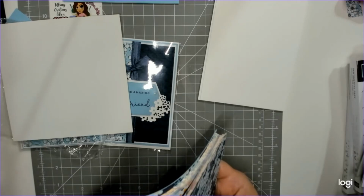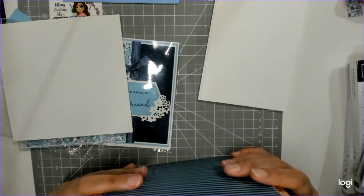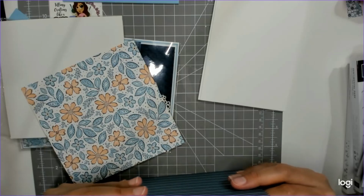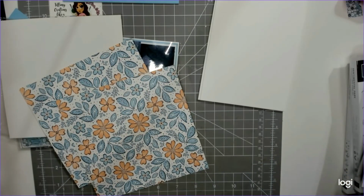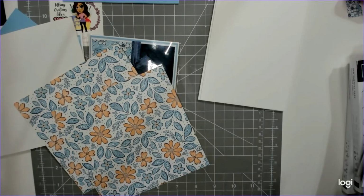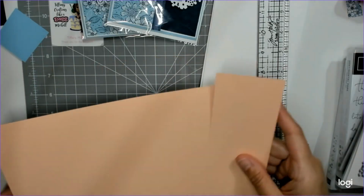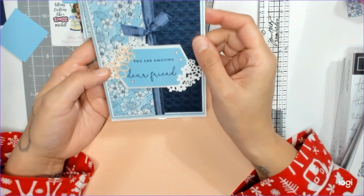Let's go ahead and do this one. Okay, just gonna do that one. And we're gonna use Petal Pink as the base, so let me put this paper away. Okay, so I got 2 sheets of Petal Pink and I got some scrap because you need a piece that